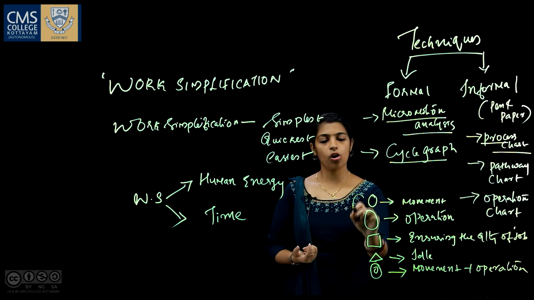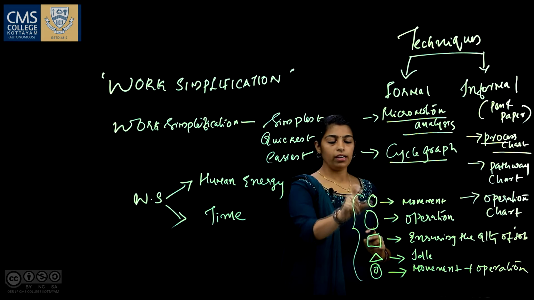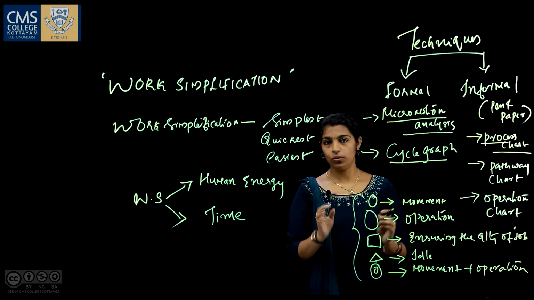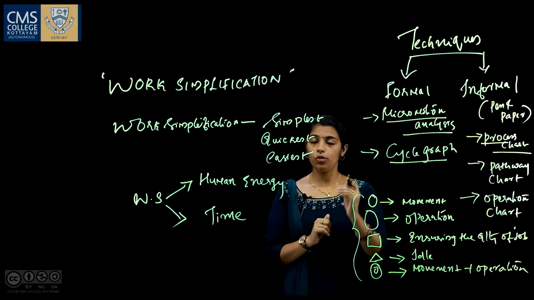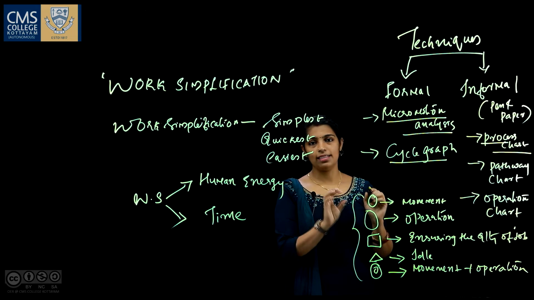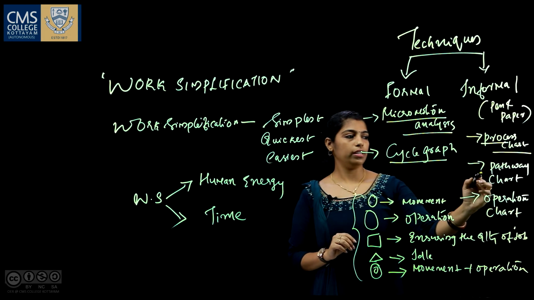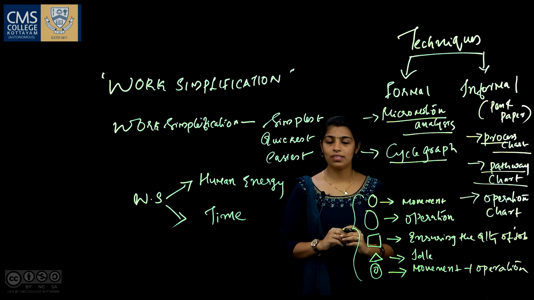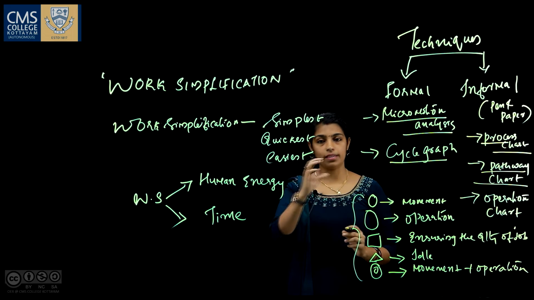So, these are the common symbols that are used in a process chart. When we depict a process, these symbols are used so that a person can identify where was the unnecessary movement, which will be then analyzed and then recorded so that unnecessary steps can be eliminated. Moving on to the next one, that is the pathway chart. Pathway chart, as the name suggests, the chart depicts the pathway through which a person moves.